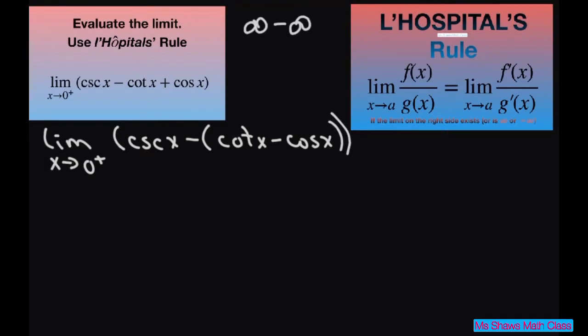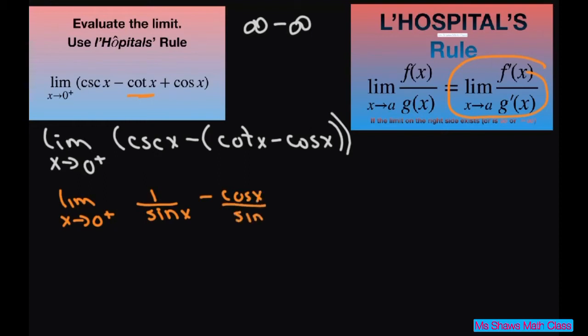So I need to write it in indeterminate form so we can use L'Hopital's rule here. Let's rewrite this as the limit as x approaches 0 from the right of 1 divided by sine of x, minus cosine of x divided by sine of x, plus